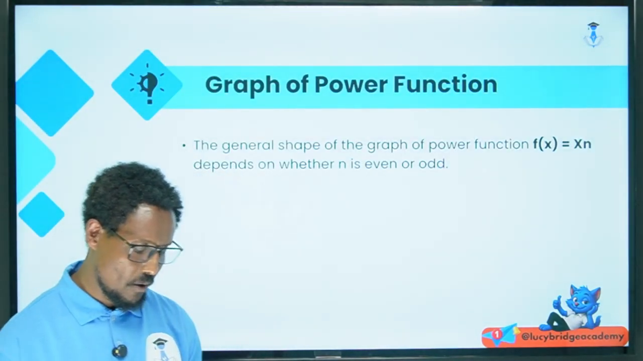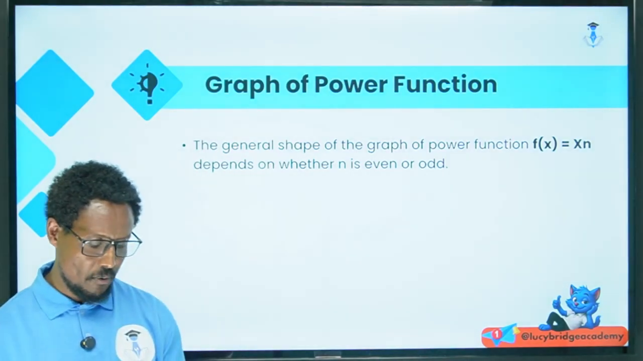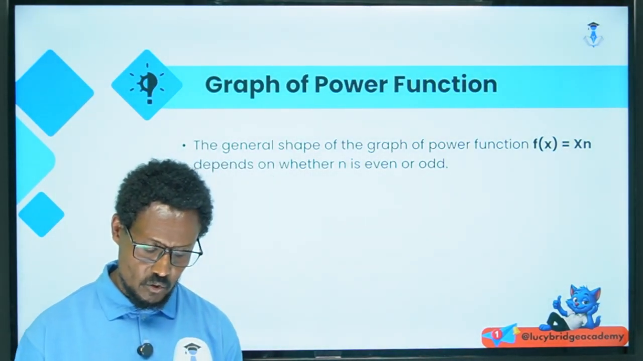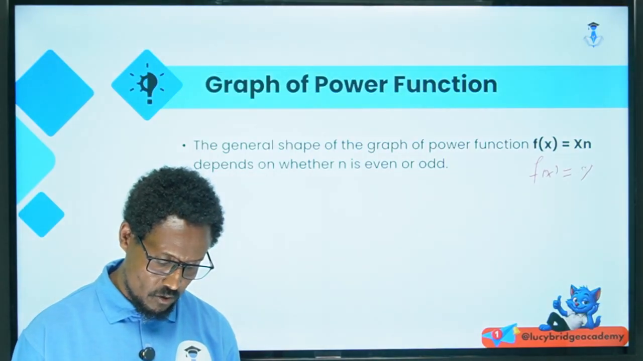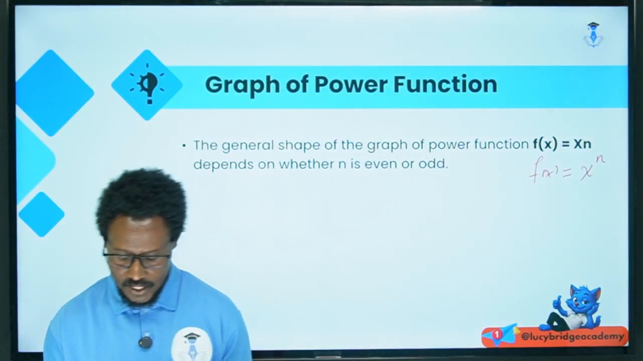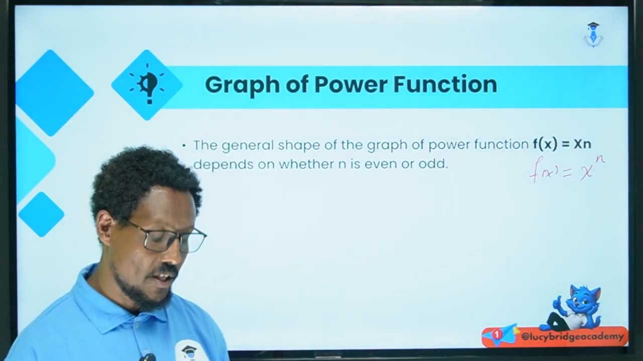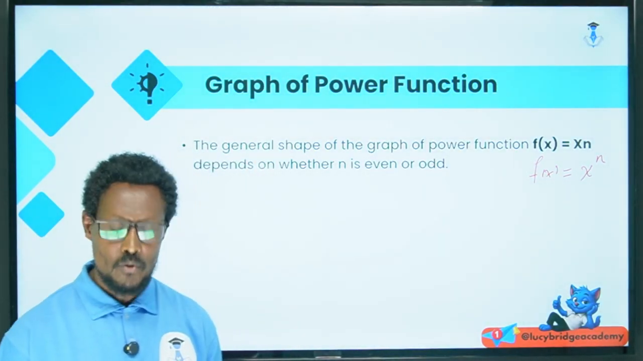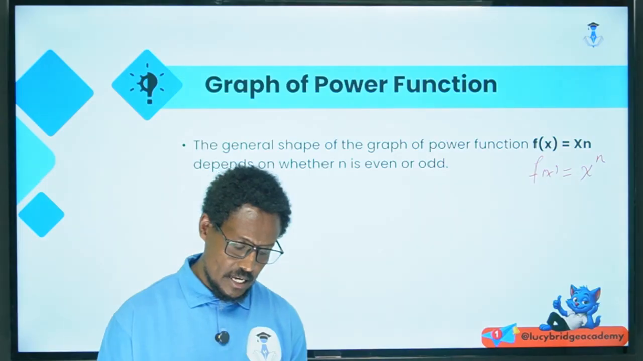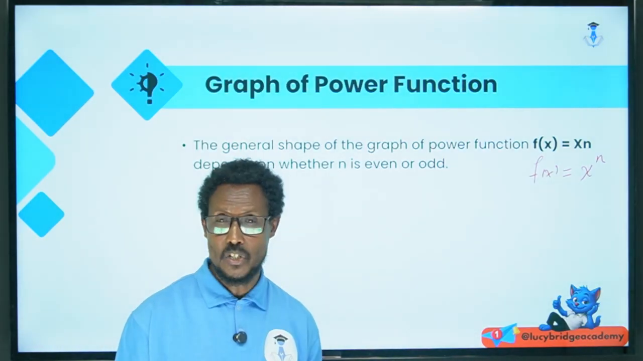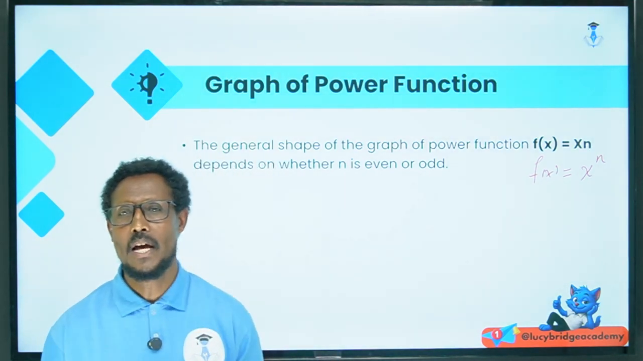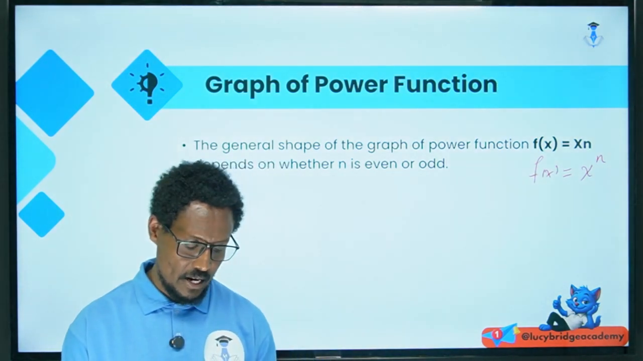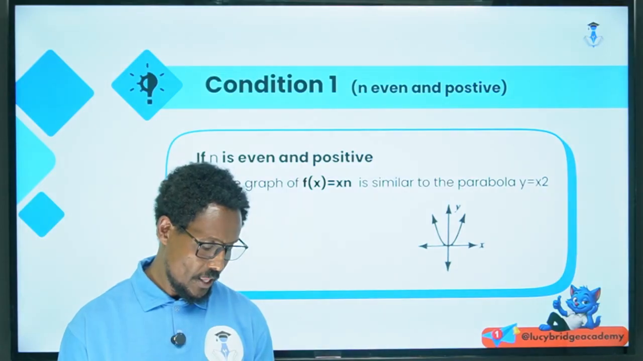Okay, graphs of power functions. The general shape of the graph of power function f of x, which is equal to x to the power of n. This means f of x is equal to x to the power of n, all right? The coefficient is 1 and the exponent is n. Now, we can classify this function depending on the value of n. Now, the first condition,